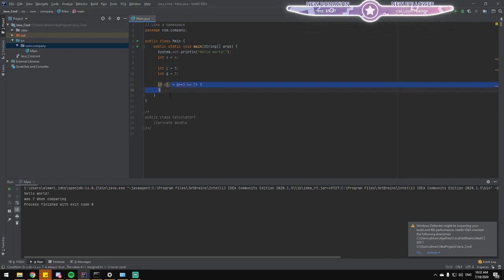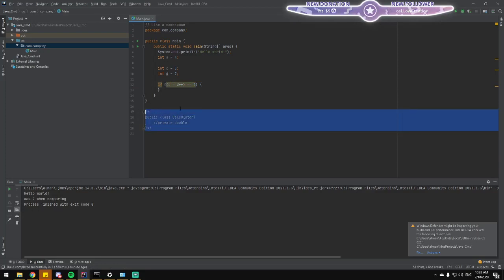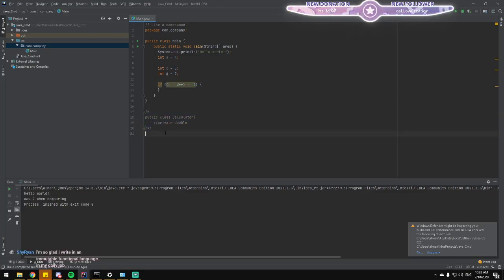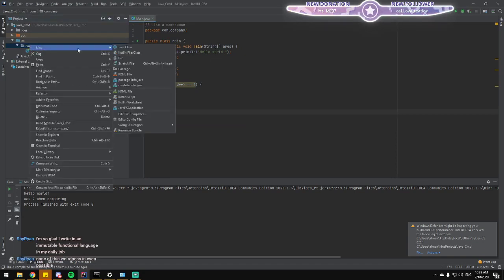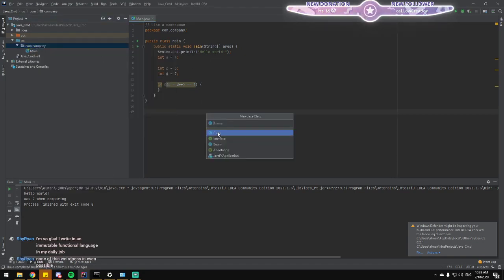So yeah, I do like the convention not to put two classes in the same file, but that's a bit ridiculous that it's so needed. Calculator. That's cool. That's calculator.